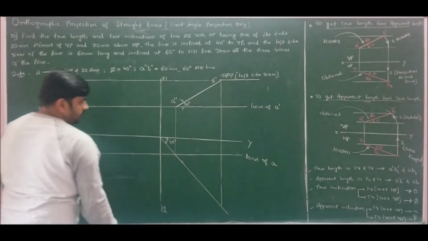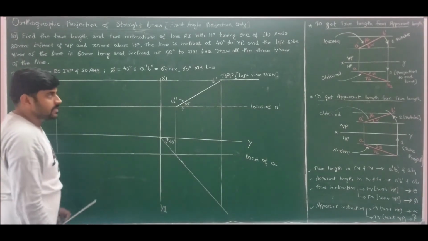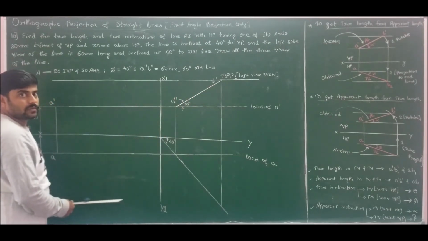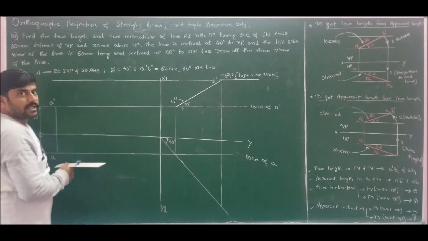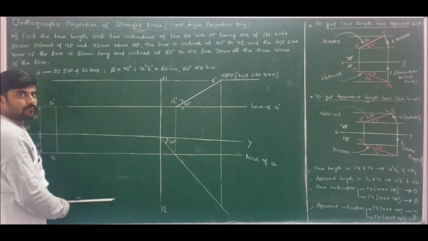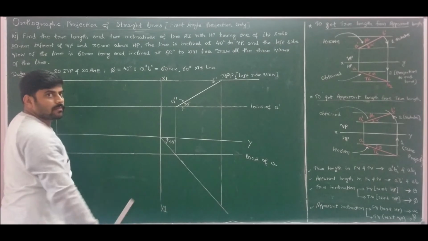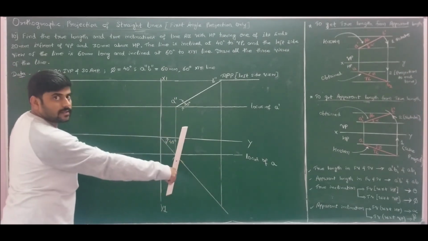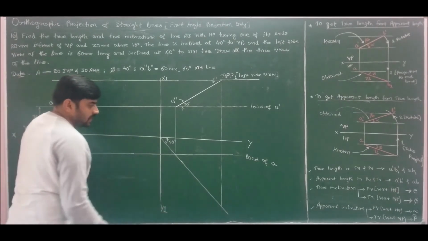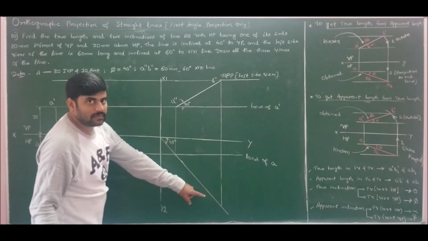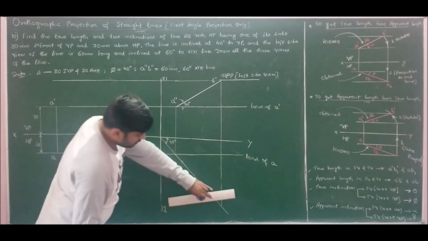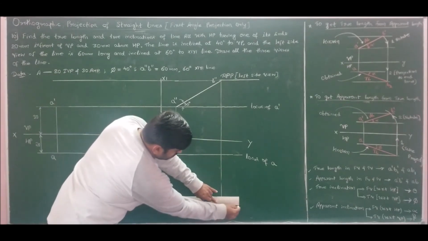So this intersection point will give us the locus of B, which is nothing but the side view of point B double dash. To extract the top view, I know the front view and side view of point B. I know B dash, I know B double dash. Now to extract the top view of point B, I should drop a vertical from point B double dash to intersect the 45 degree line. Drawing the horizontal, I will get the point B. So if I draw a horizontal at the intersection of the vertical projection from side view to the 45 degree line, it gives us the locus of B. So I found out the locus of B also.